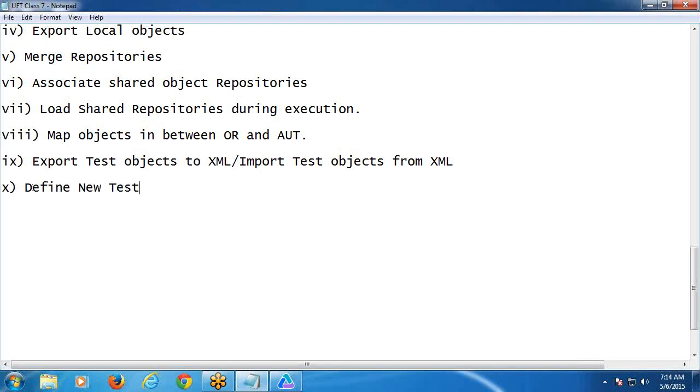Actually this define new test objects feature is not recommendable. Okay, the feature is there, I will explain, but in real time it is not recommendable. What is the purpose of this feature? Using this define new test objects feature,